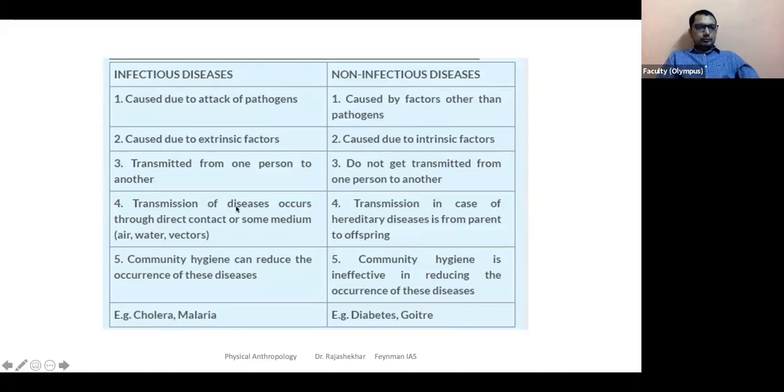Okay, right. So many examples. If you take a comparative note on this, some points that I'm showing here are useful to you. So for infectious diseases, community hygiene is important. So that is what we are hearing about, right? You have to wash your hands well. If it is a foodborne, waterborne disease, wash your hands before eating. Cover your mouth, cover your face. Face etiquette is very, very important.